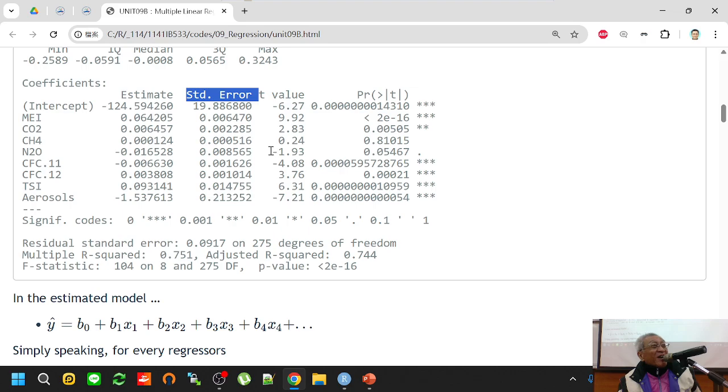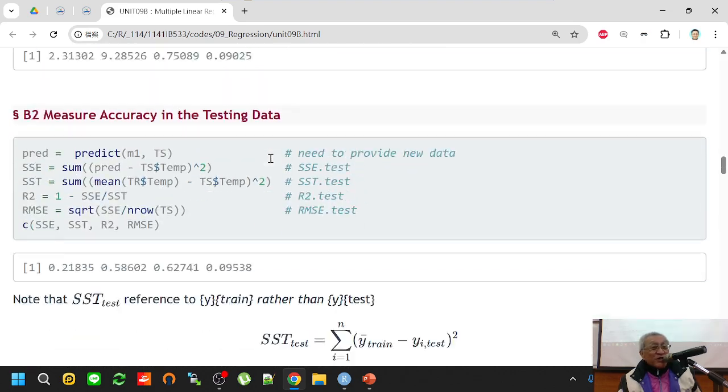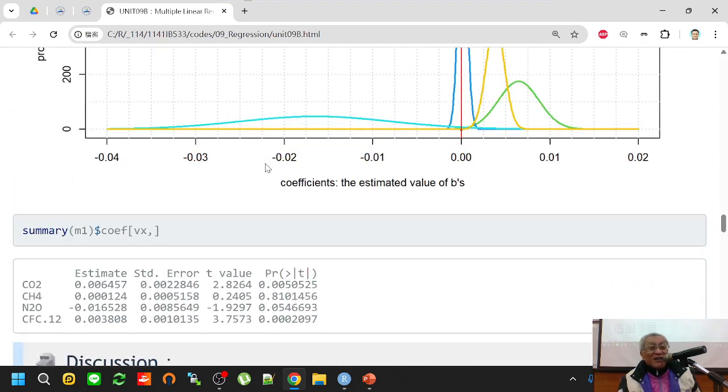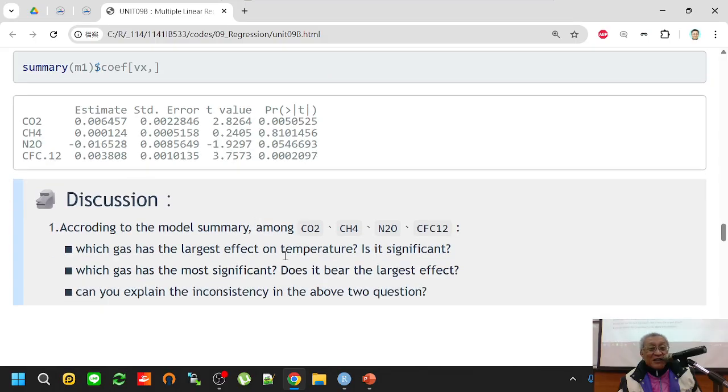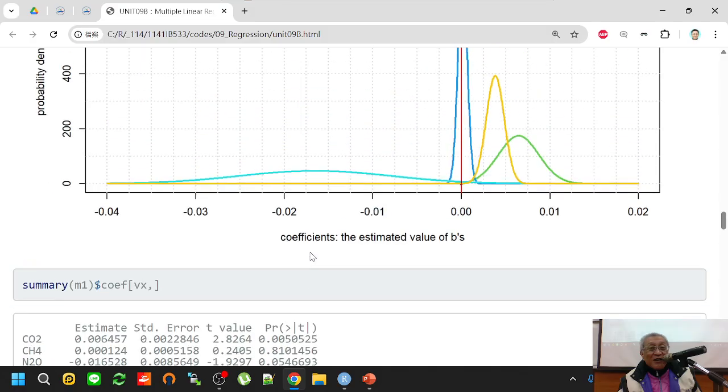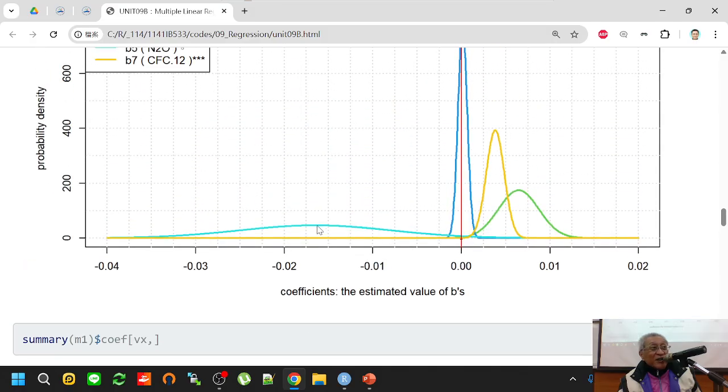The standard error. The reason that the largest effect is not significant is that it is associated with a very large standard error. It means that when the method estimates this coefficient,